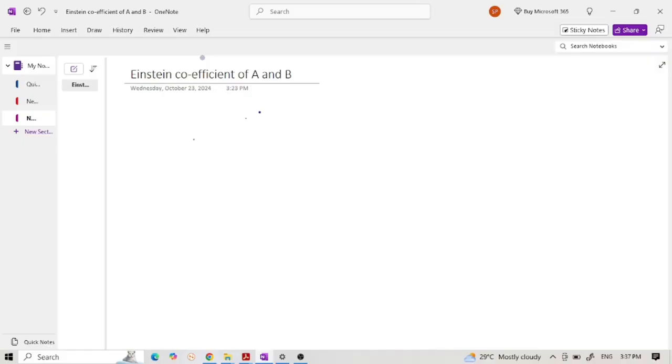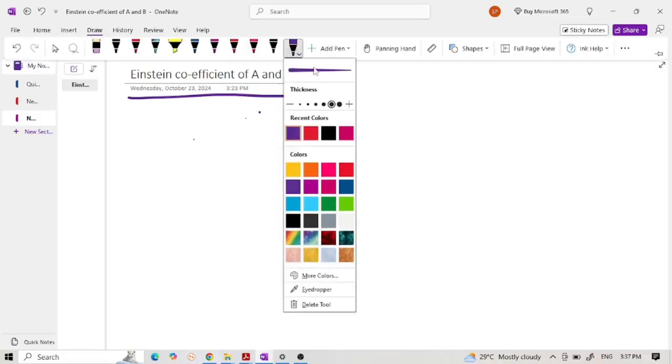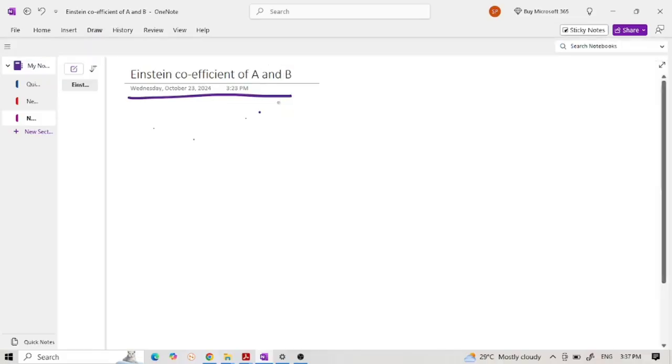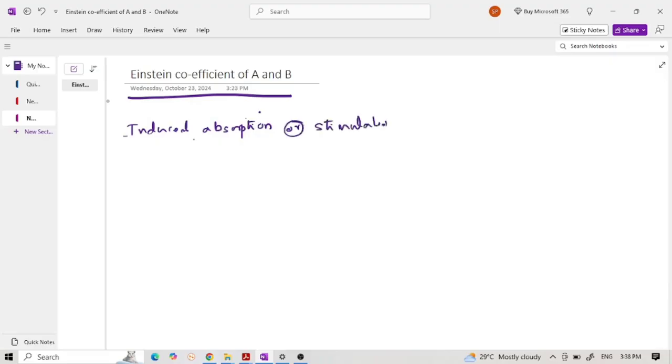Coefficients of A and B. As we know that stimulated absorption, or induced absorption,